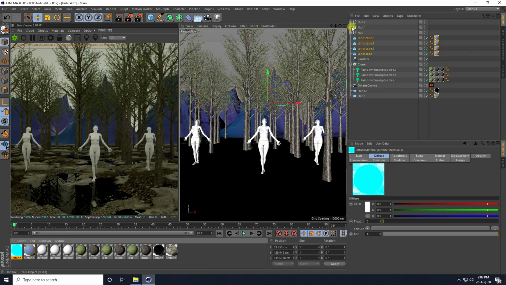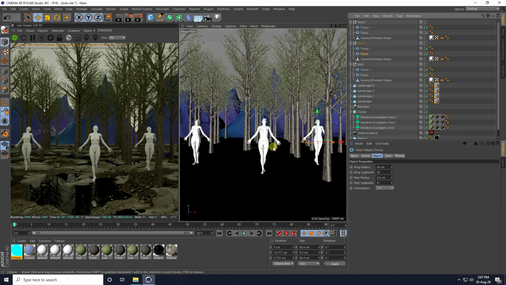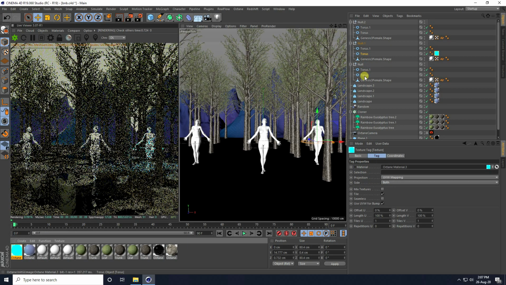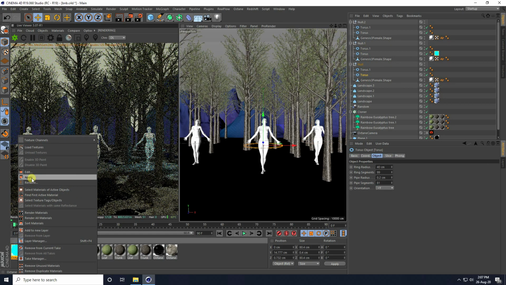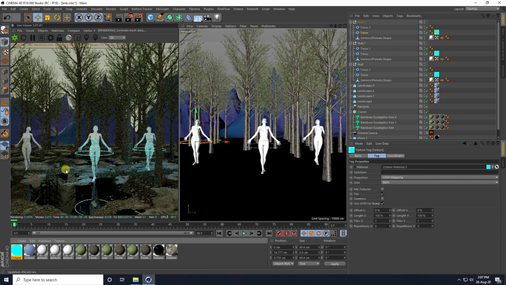So guys, now go to here and select this torus, this one, and apply this one. Yes, right guys, that's really simple.